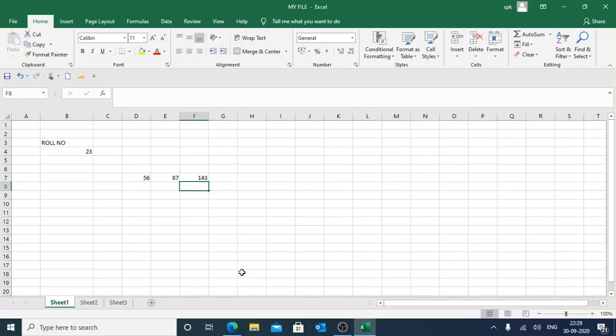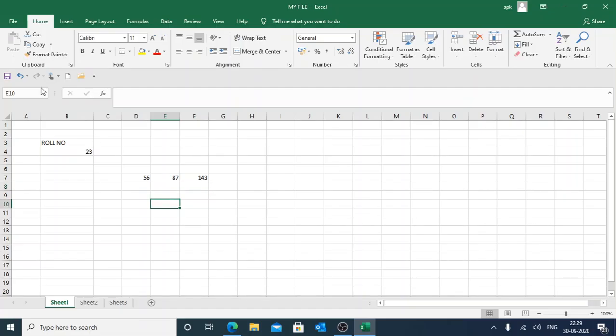Now you can see here on the title bar, it shows your file name. Before it was not there. It shows your file name and your software which is open.